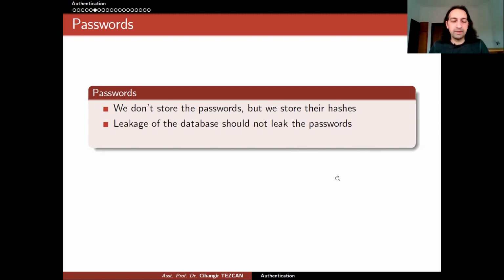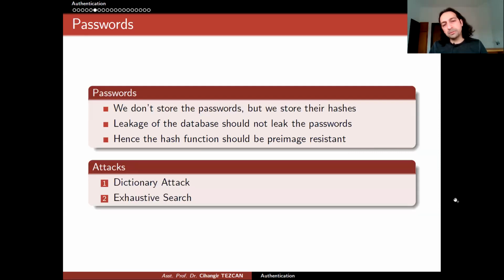Probably you already heard about them, but we will talk about what kind of property we need from a hash function. Leakage of the database should not leak the passwords, because if you keep the hashes, only the hashes will leak. Hence, the hash function should be preimage resistant, which I will define in the following slides. So in this case, if you don't store the passwords as plain text, but if you keep their hashes, now the attacker can try to perform a dictionary attack or an exhaustive search attack. But before moving on to them, let's recall what a cryptographic hash function is and what we mean by preimage